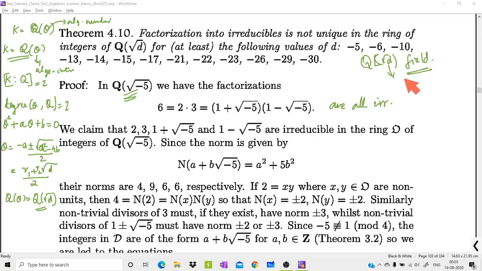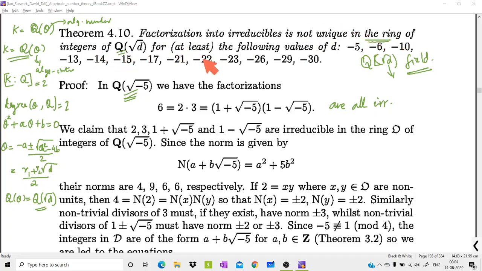Okay, so once you consider any element of this field, every element of this field is a unit. So you can never get any proper factorization here, because every non-zero quantity of this Q of root d is a unit. So in order to get a proper factorization, you need to write it as a non-zero non-unit. So there is no scope of studying the factorization in this field. So what we have considered here is the ring of integers. That is the important thing. Ring of integers of Q of root d.